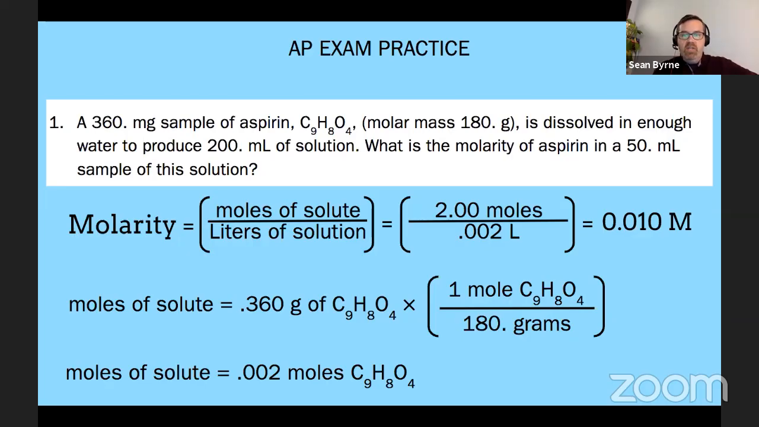Now, the question asks, what's the molarity of aspirin in a 50 milliliter sample of the solution? That sounds like a trick question. It sounds like we're going to have to do some more calculations. But what we want to remember here is we were just pouring out 50 milliliters of this 200 milliliter solution that was already there. So whatever the molarity of this solution is, the molarity of the 50 milliliter solution stays